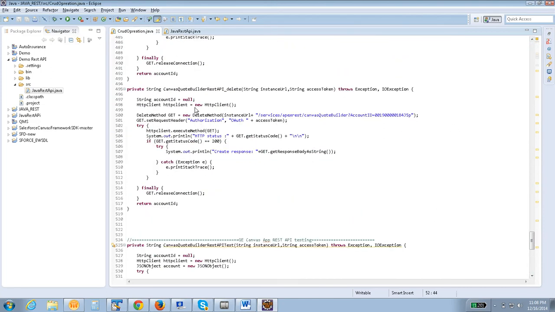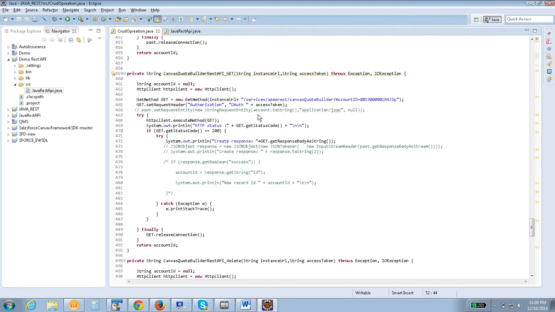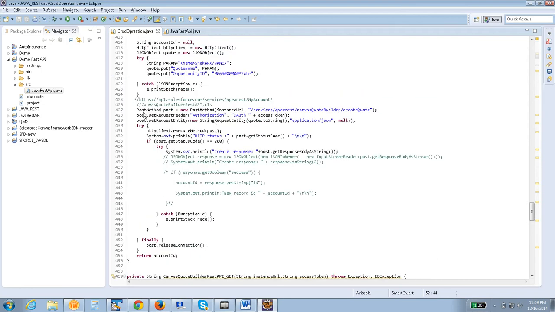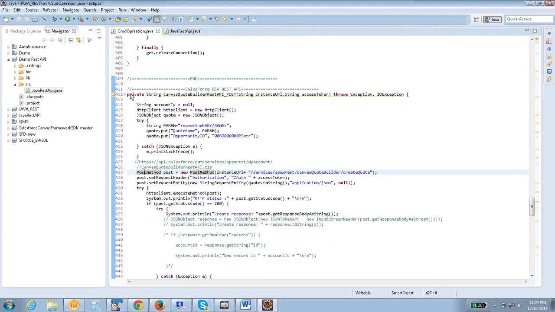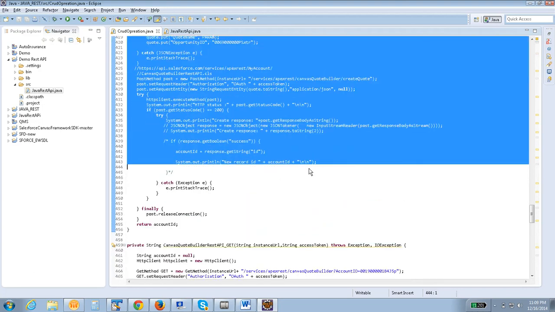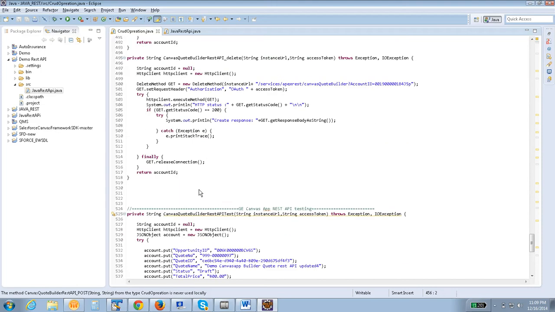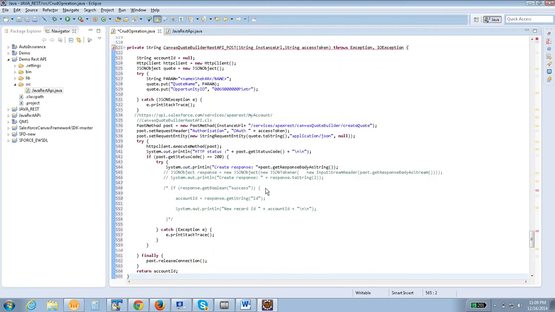Want me to run this one? Now this has become a put. So the method should be a put, and we can pass the parameter over here. Clear? I haven't implemented any put method over here, so let me copy my post method and say it is an HTTP put. Correct?